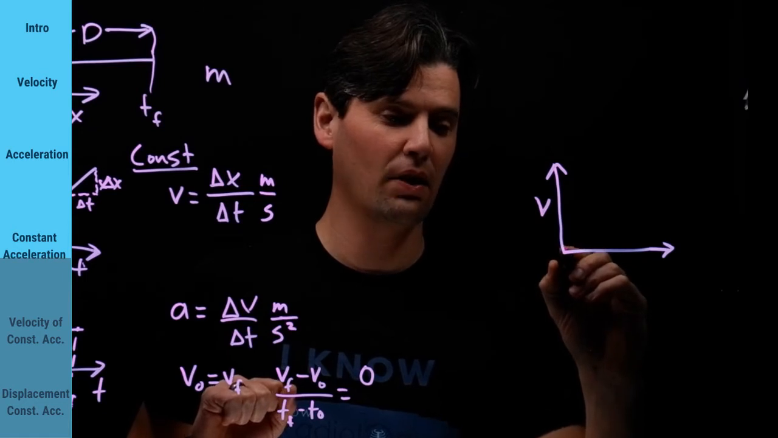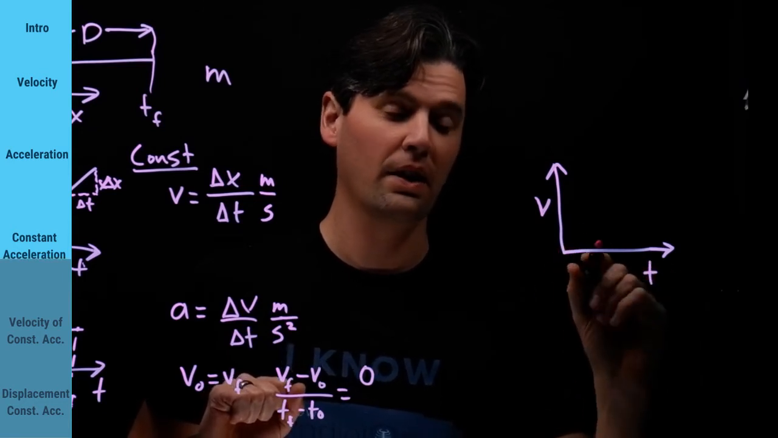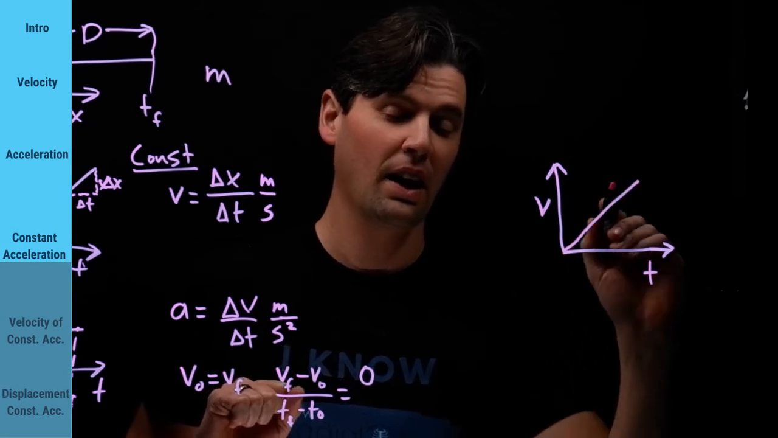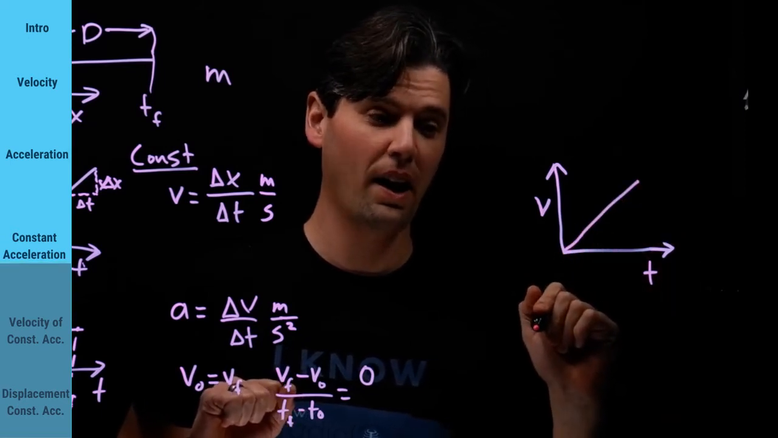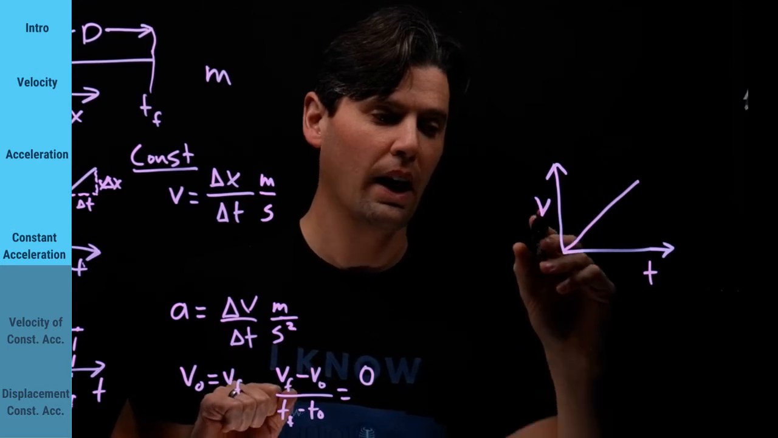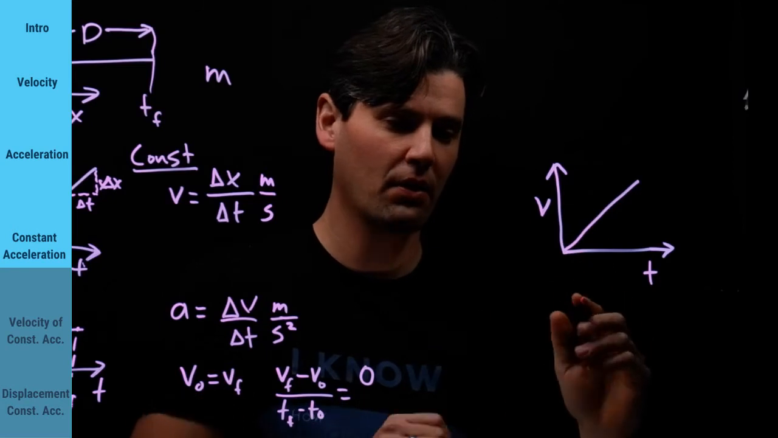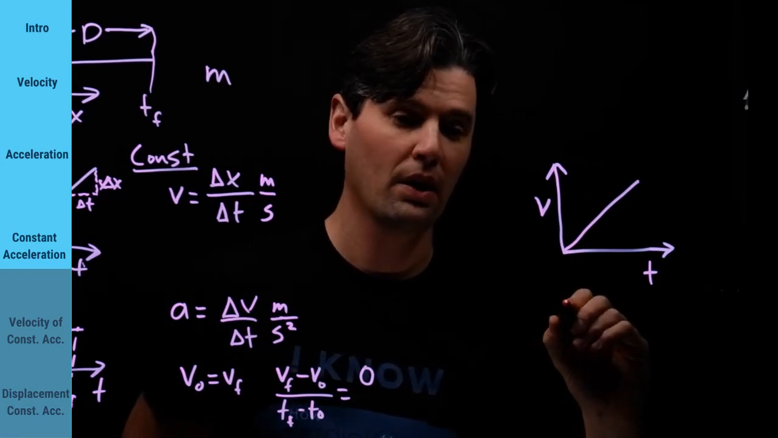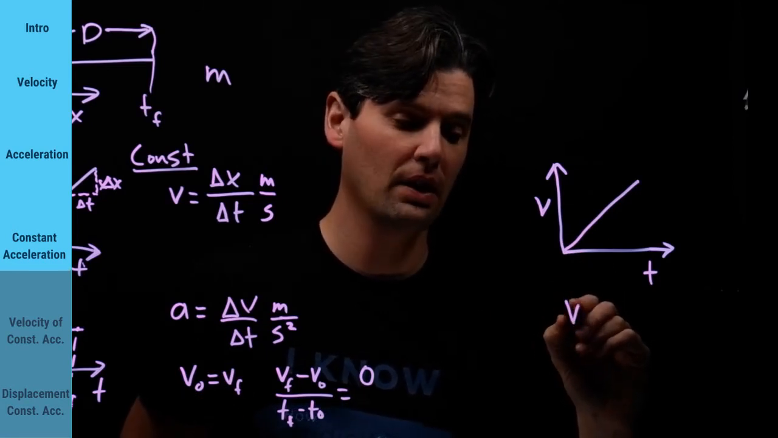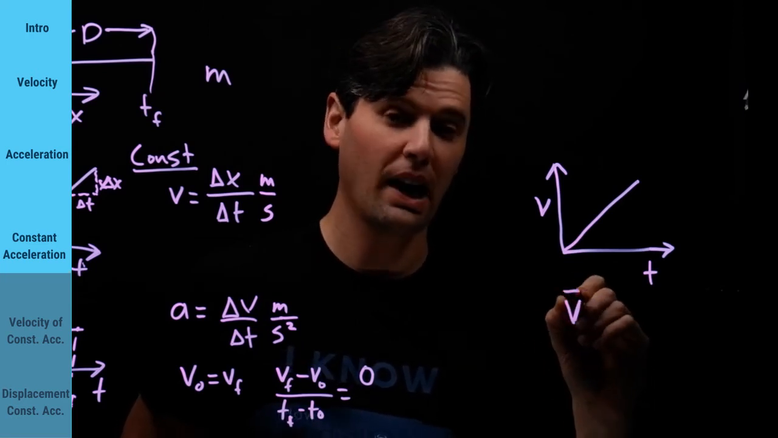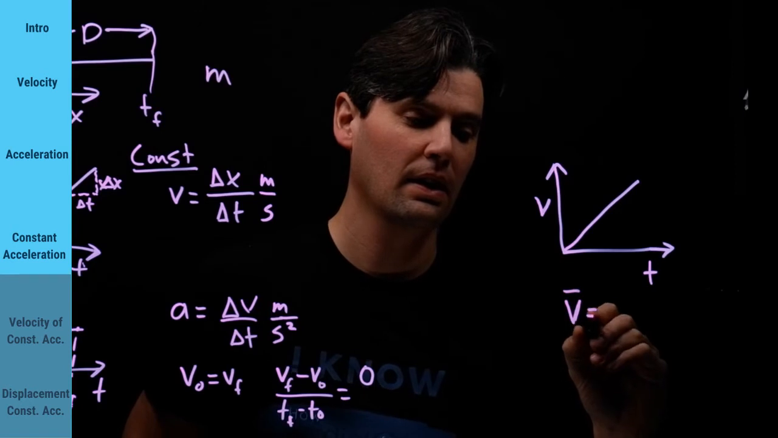a constant acceleration means that the velocity is going to be changing constantly as a function of time. And again, we can talk about over a given range, we can talk about the average velocity. And a lot of times we'll use this little bar to mean average. The average velocity equals,